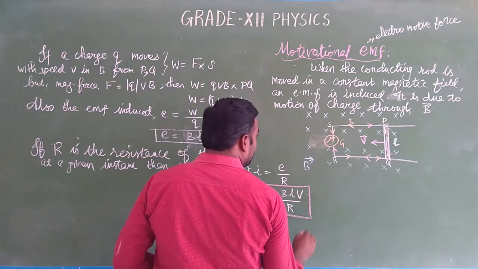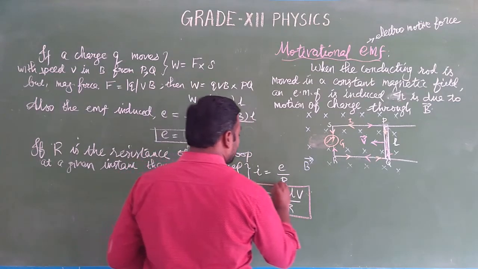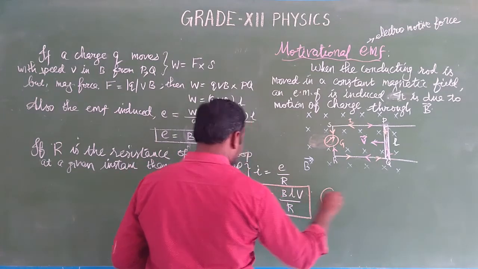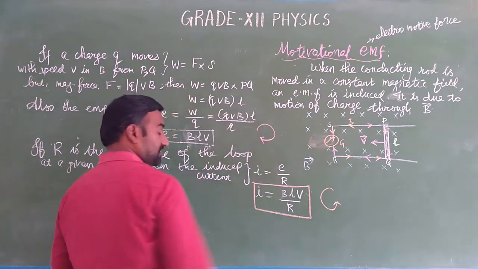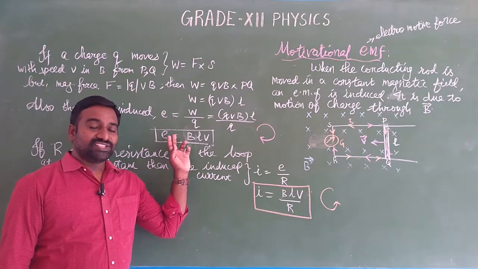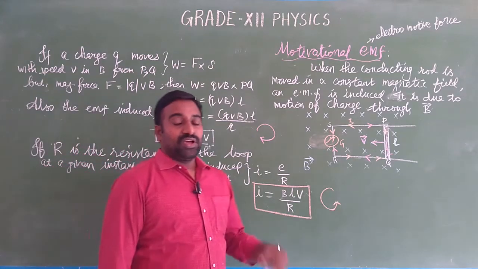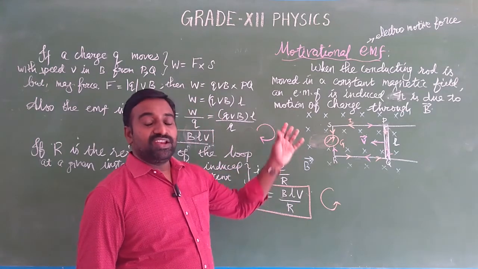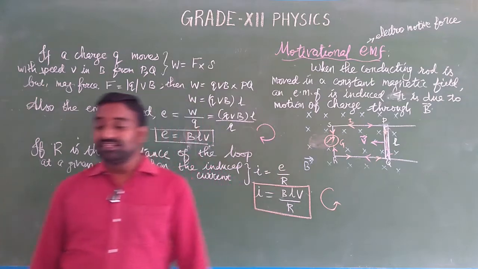And what is the direction of this current? This current always flows in anti-clockwise direction, whereas the electron flow in the circuit is in clockwise direction. Okay, so this is how we can verify the direction of the induced EMF and also the direction of the induced current. Next topic is motional EMF in relation to energy conservation, that is a power related topic. That we'll discuss in the next one.